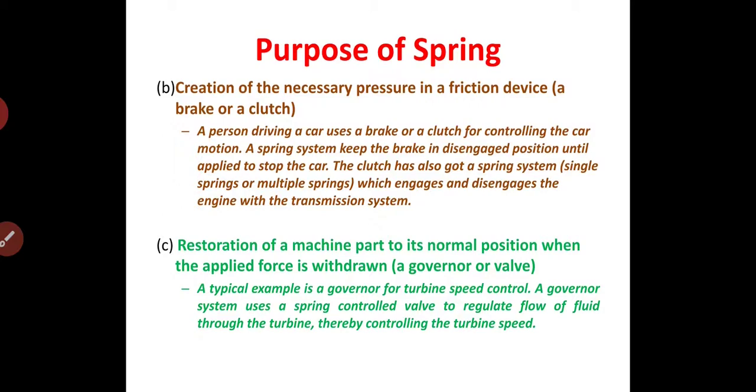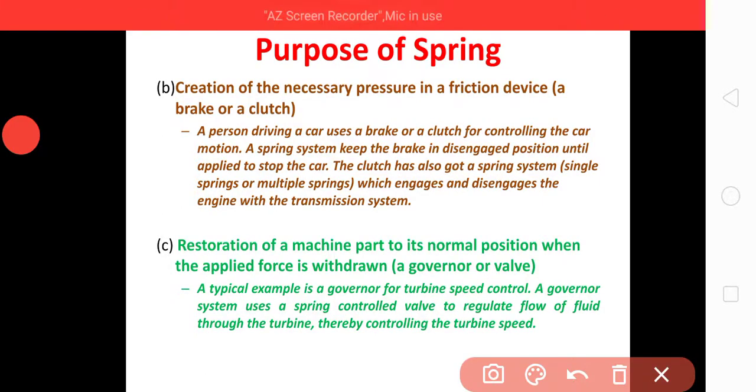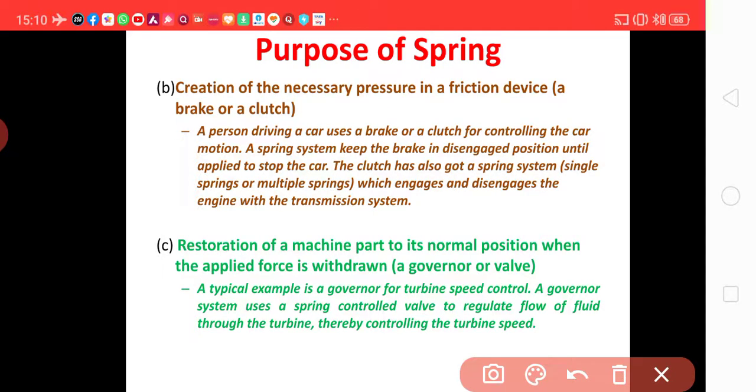The restoration of machine parts to their normal position when applied force is withdrawn. This is governor and valves. A typical example is a governor for turbine speed control. A governor system uses a spring controlled valve to regulate flow of fluid through the turbine, thereby controlling the turbine speed. I will be giving you an example with a figure in the next lecture, but here just for your curiosity,